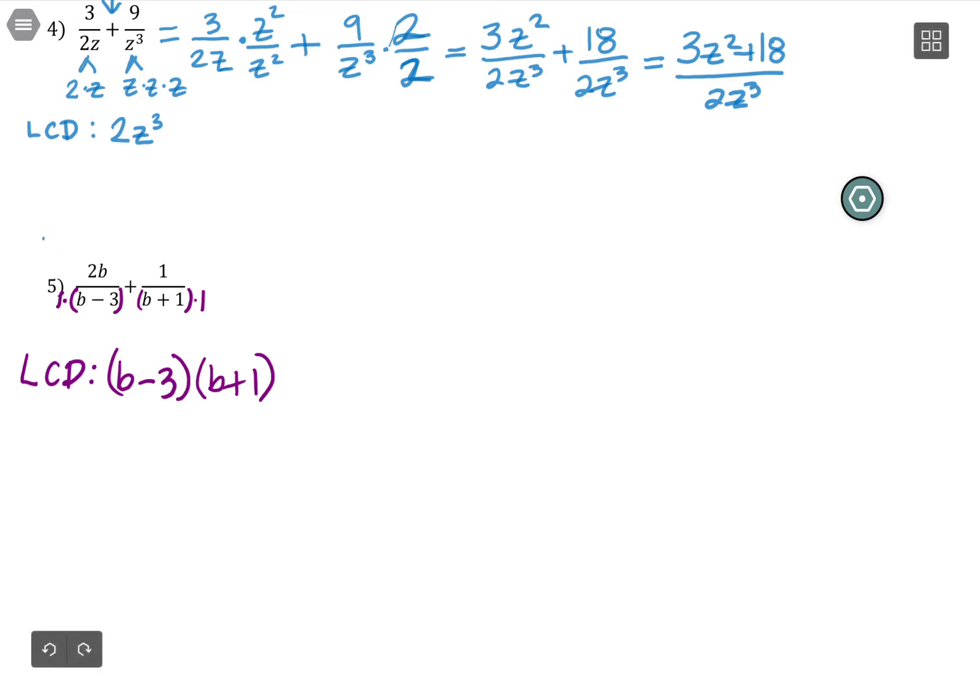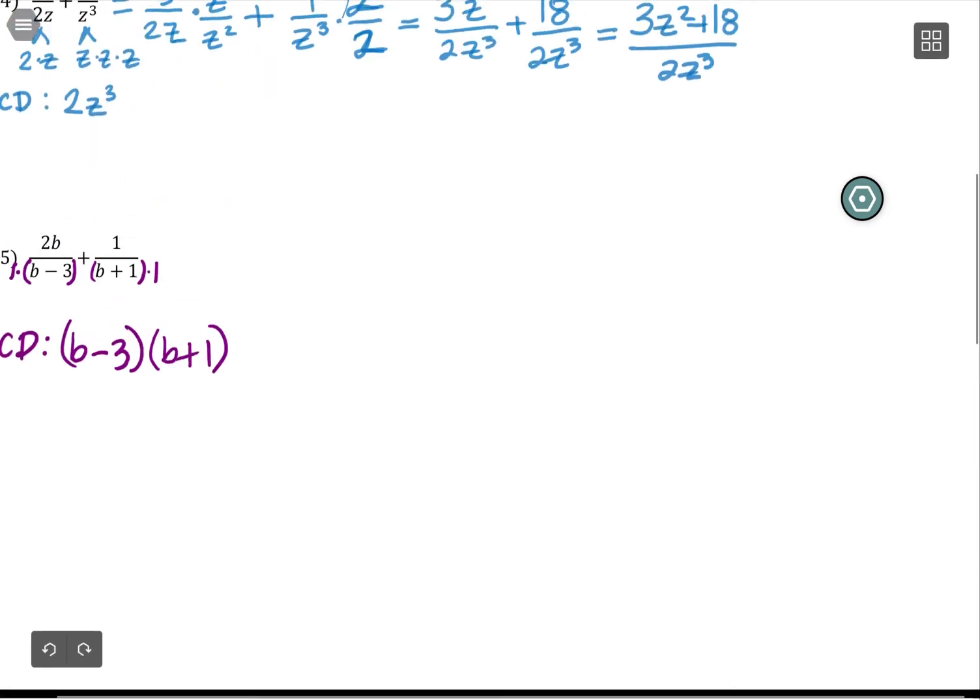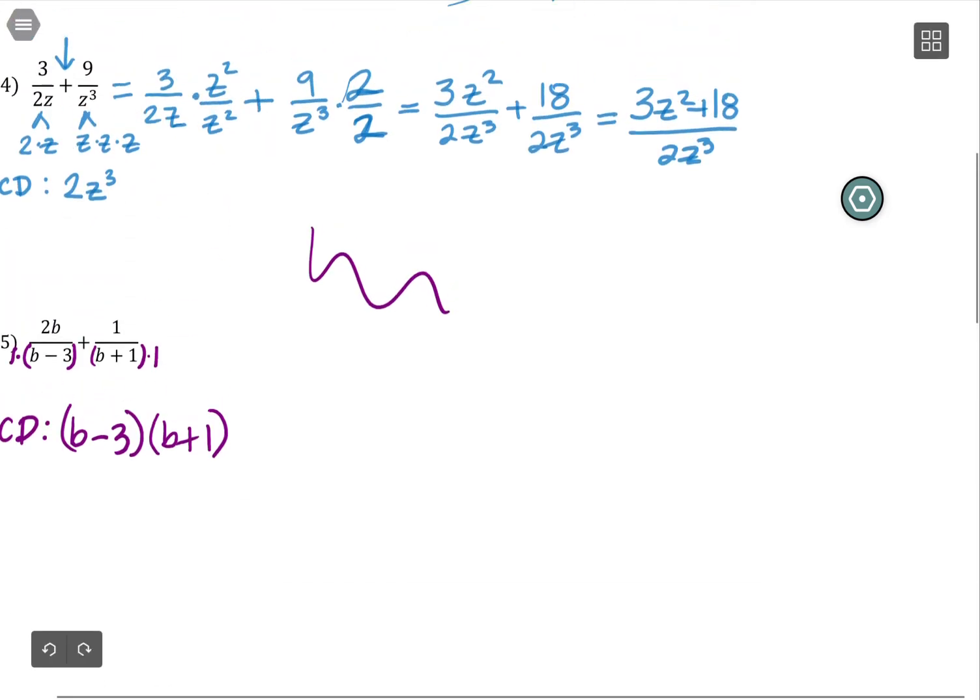So first step, my pen is not working again. Okay, maybe it died. Let me see if I can fix it really quick. Sorry for the delay. Otherwise, I'll cut. Oh, I did something. There we go. Okay, so